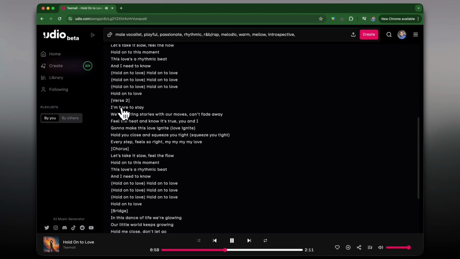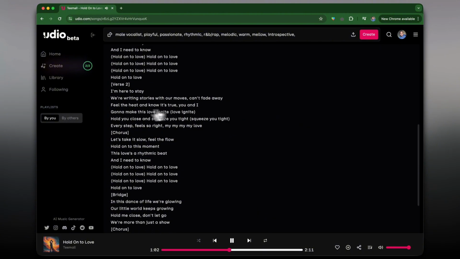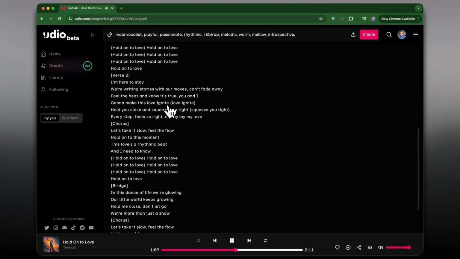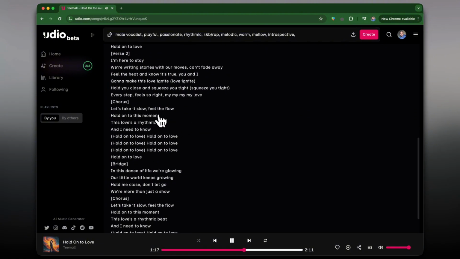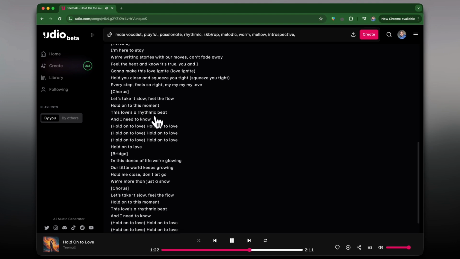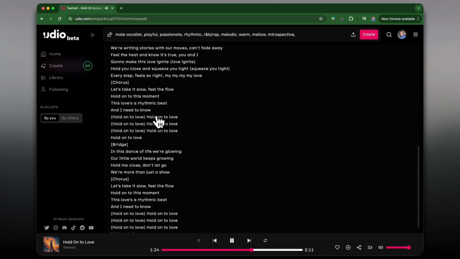Here to stay. Writing stories with our moves. Can't fade away. Feel the heat and know it's true. You and I gonna make this loving night. Hold you close and squeeze you tight. Every step I feel so right. Let's take it slow, feel the flow. Hold on to this moment. This love's a bit maybe, and I need to know.